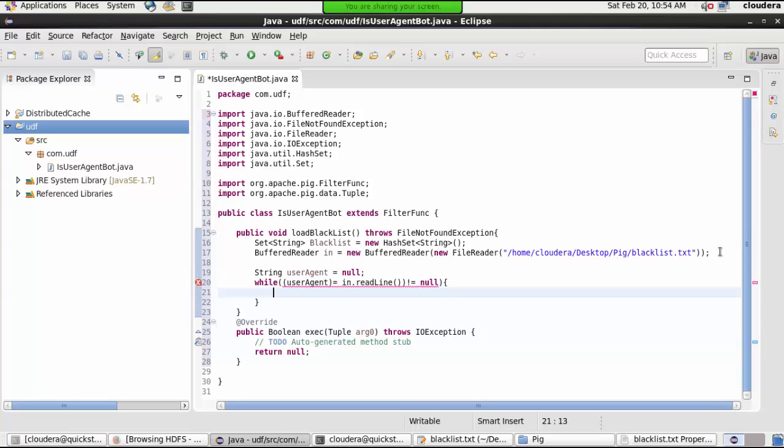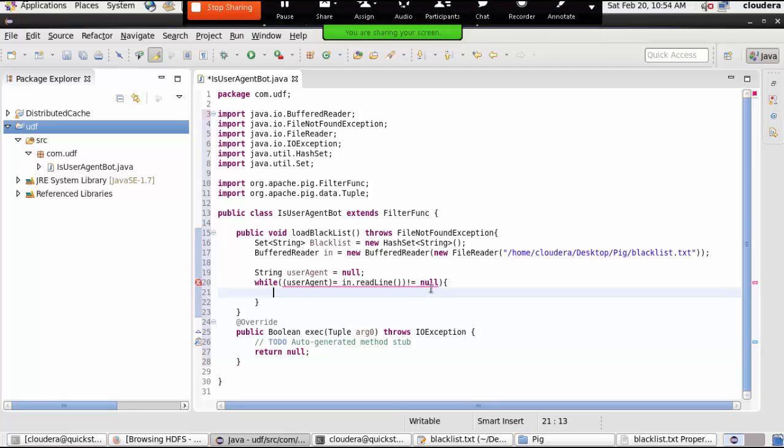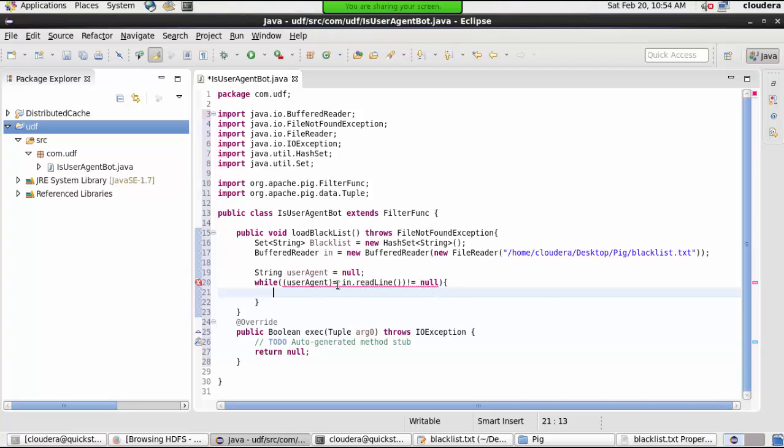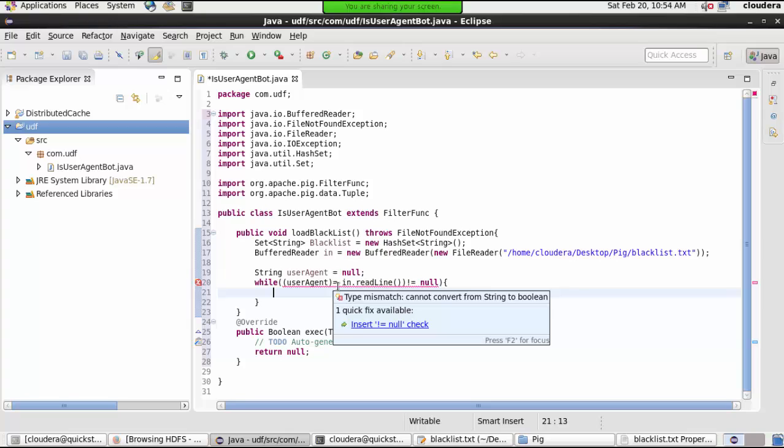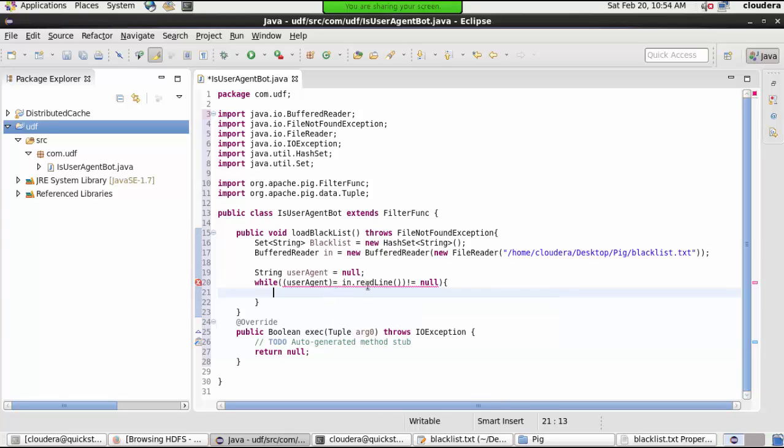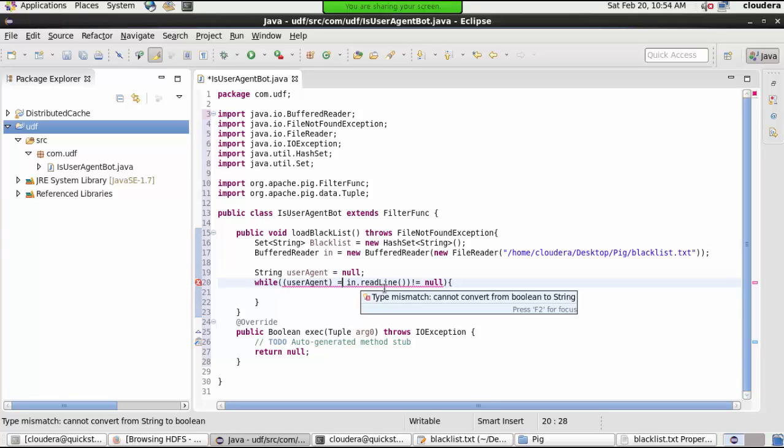Okay, hold on, why is it giving error here? While userAgent is equal to in.readLine not equal to null,